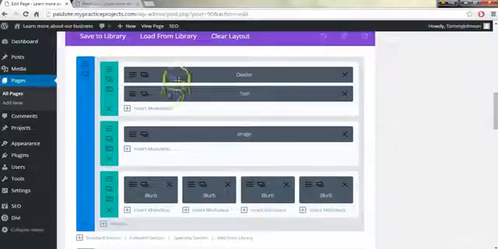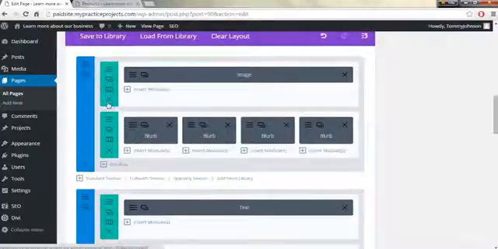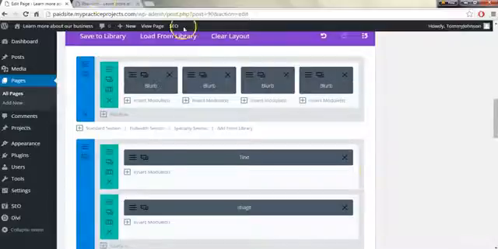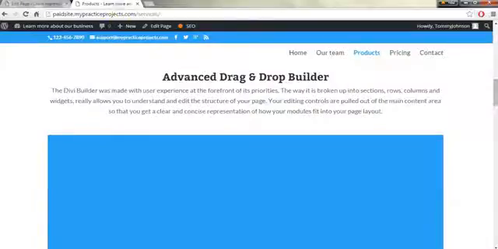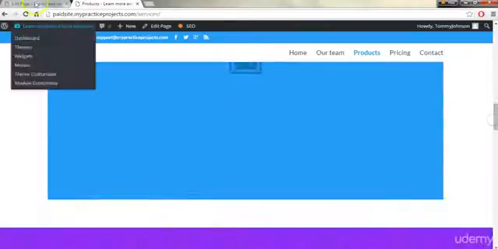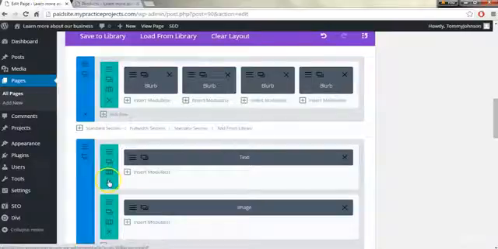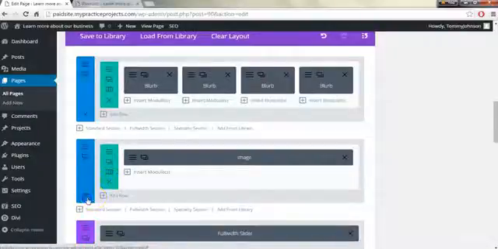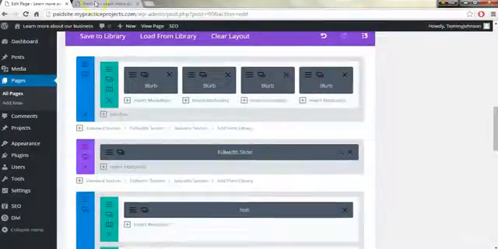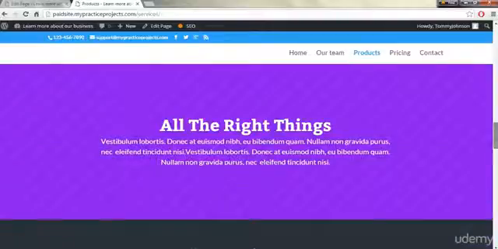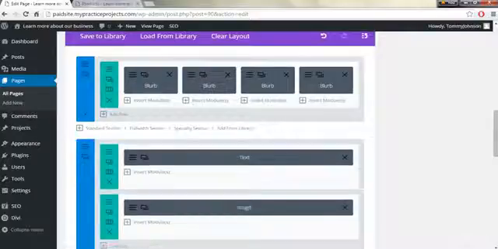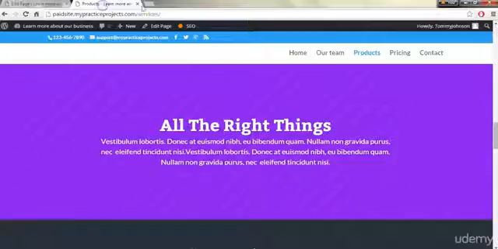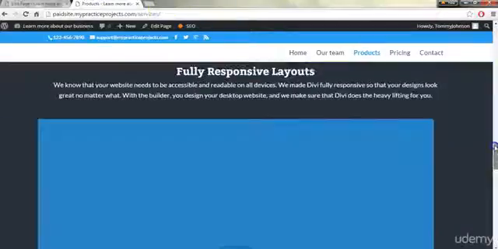So at the top, this is the divider and the text. I'll delete that, and I will also delete the large image at the top. Now below that area we have text and another large image. So this is the text, here's the large image. Full width slider is below that, which is this area right here, and I will get rid of that as well. The next area is text, which is right here,